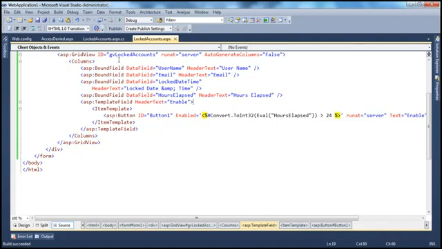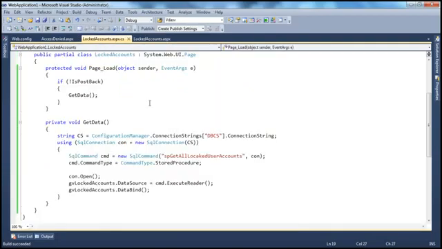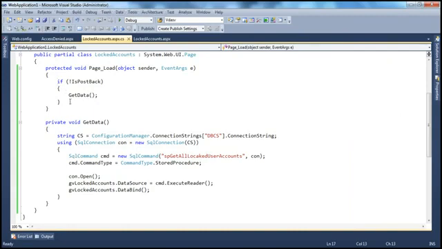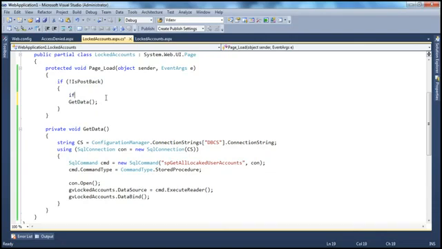So how can I prevent other users from accessing this page? There are several ways. One way is you can move this locked accounts page to another folder, maybe to an admin folder, and you have another web.config file there, and you can have an authorization element there which allows access only to test user and then denies access to everybody else. That's one way. Another way, if you want to do it programmatically, in the page load event you can basically check, okay, if it's not a post back,